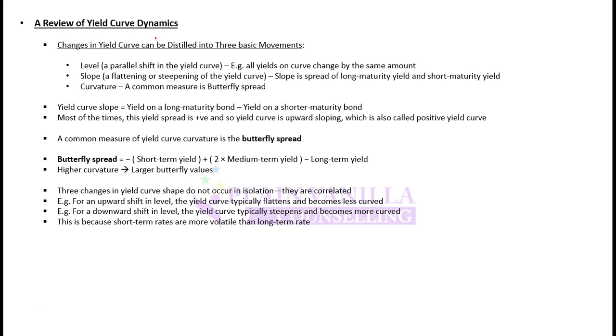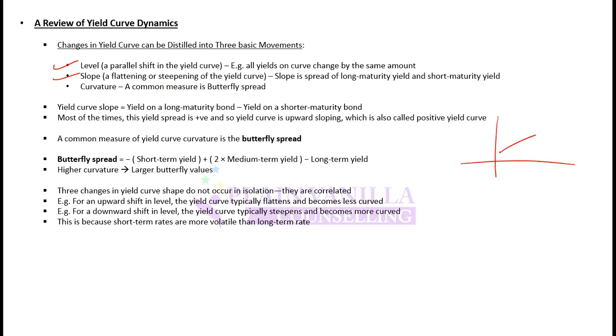Moving on, yield curve dynamics. When we talk about strategies for active yield curve management, generally we are talking about the strategy or the decision that we should take when yield curve changes. And what do we mean by change in yield curve? The change or movement in yield curve can be of three types. It can be a change in level, that is upward shift or downward shift. It can be a change in slope, that is flattening or steepening.